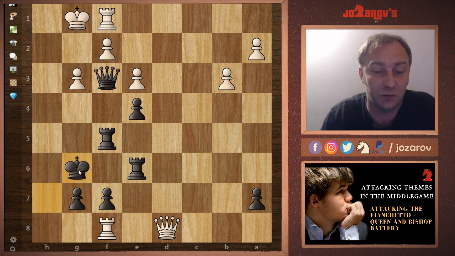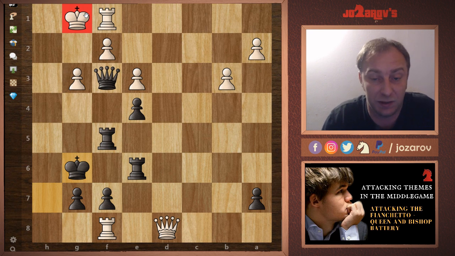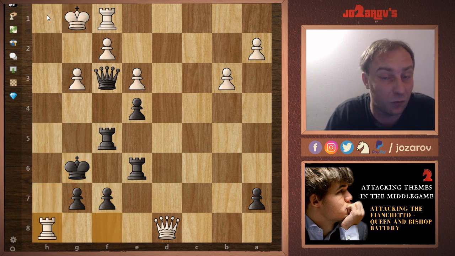This king is very well placed here. It's not endangered at all. The only king on the board that's endangered is white's king, because now we have even some threats to play rook to h5 and creating checkmate threats here on h1. That's why rook to h8 was played, and now rook from e to